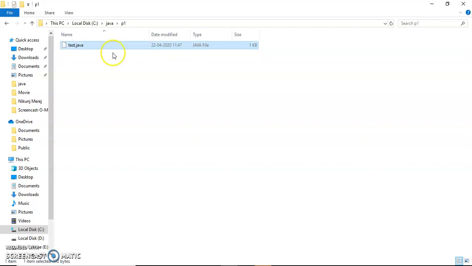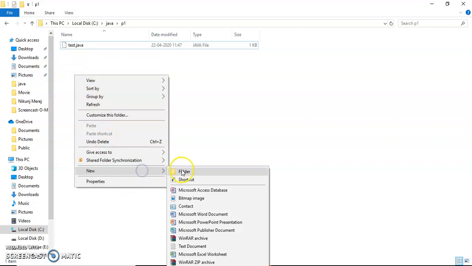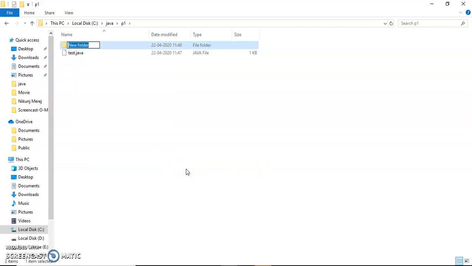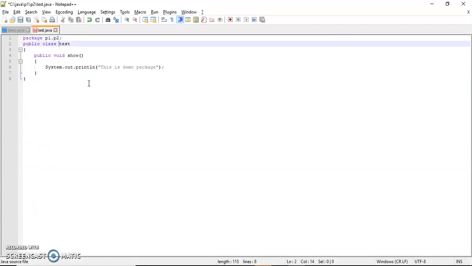Now I create a sub package inside the package, that means p2. I create this package and put this class in p2. Now see, edit with notepad, and the package is not p1, now it is p1.p2.